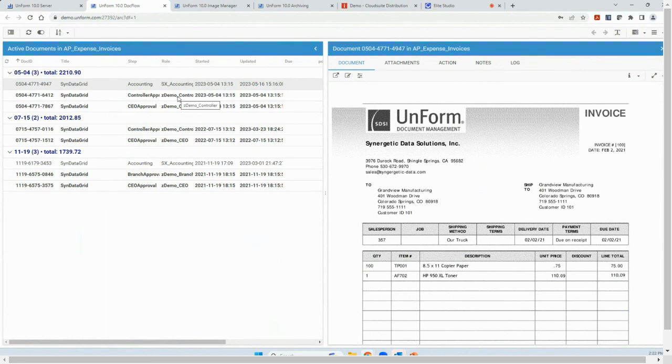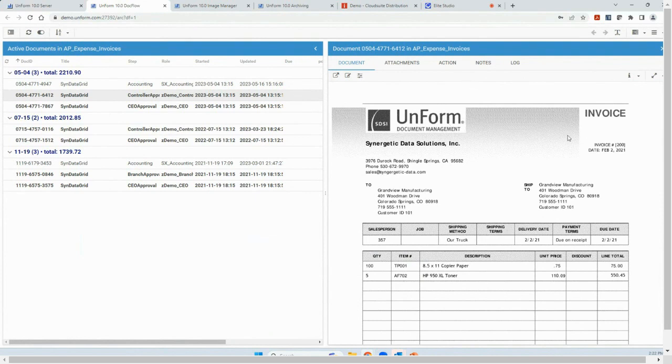It could be based on a warehouse location. It could be based on departments. So you may have someone in IT who has to sign off on those. It could be someone managing the fleet who has to sign off on repairs and things like that. So with expense invoices, they're typically routed for approval. And in some cases, someone needs to indicate a GL account that it needs to be coded to as well.